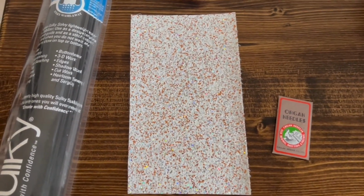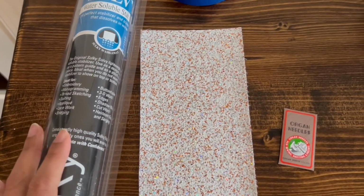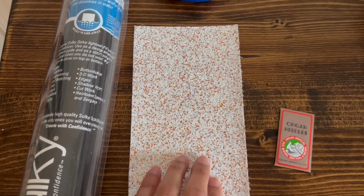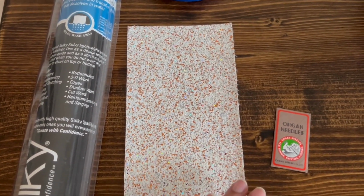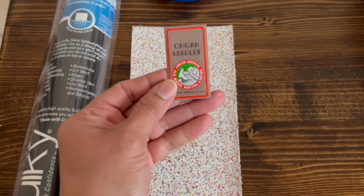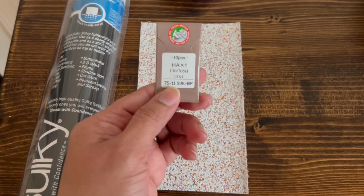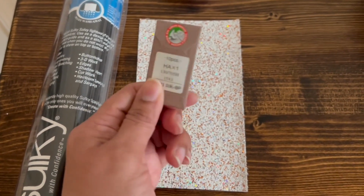So what I'm going to do is layer some water soluble stabilizer on top, and that'll help from when the needle pierces the canvas, so the glitter doesn't pop out and get into my machine. I'm also going to change my needle out to a brand new needle. I do this every several projects that I do with this chunky glitter vinyl, and I am going to use